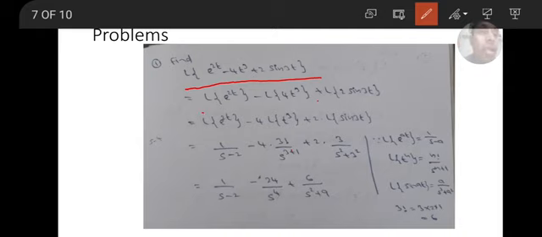By linearity property, here we have first function, second function, third function, total 3 functions. So it can be separated as a sum of 3 functions: L of e to the power of 2t minus L of 4 into t cube plus L of 2 into sin 3t. Next, here the second function has coefficient 4, and the third function has coefficient 2. So coefficients are outside: L of e to the power of 2t minus 4 is outside, L of t cube, plus 2 into L of sin 3t.